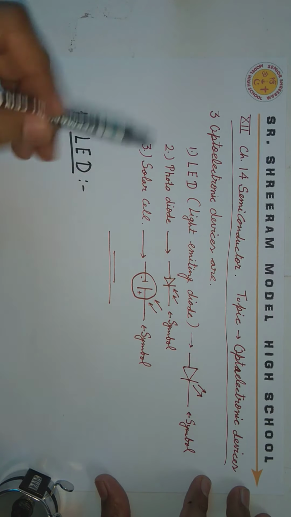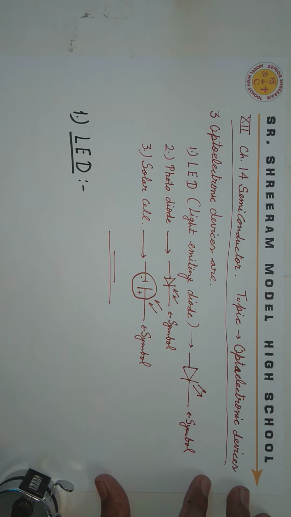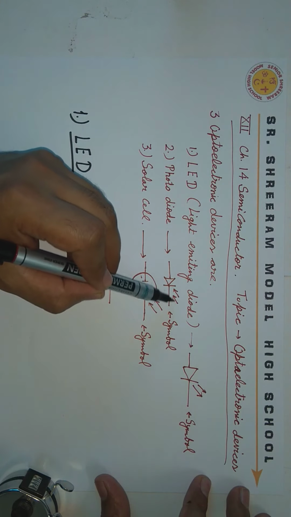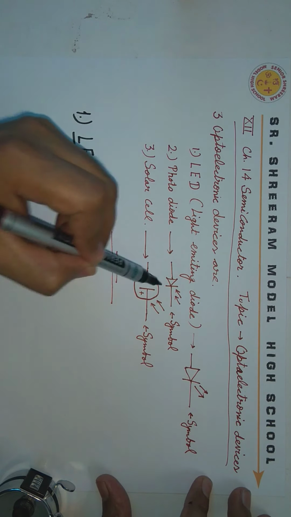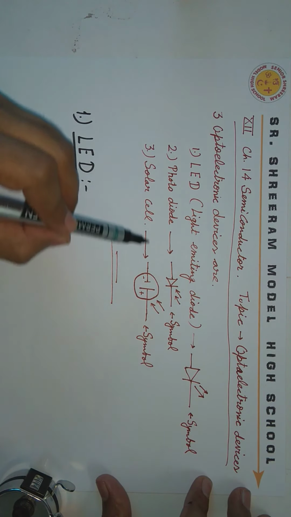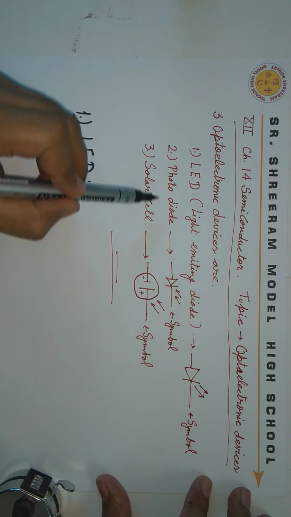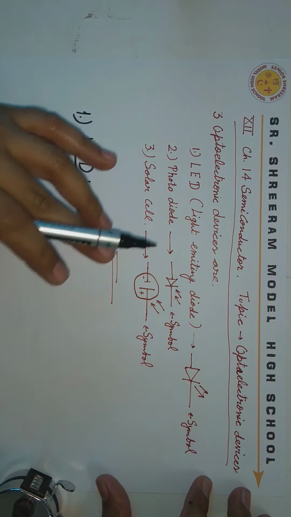Photodiode. This diode is used to detect light, means it is a sensor of light. So when light falls on it, 2 inward arrows indicate that light is falling on it. So it will tell you that there is some light even if you are not present there. Means you put this photodiode on the roof and you are in the basement.